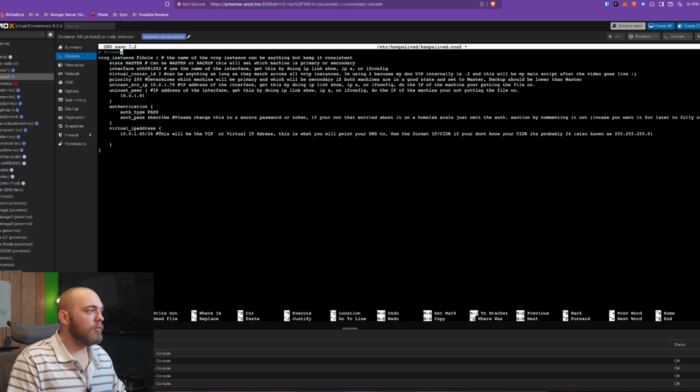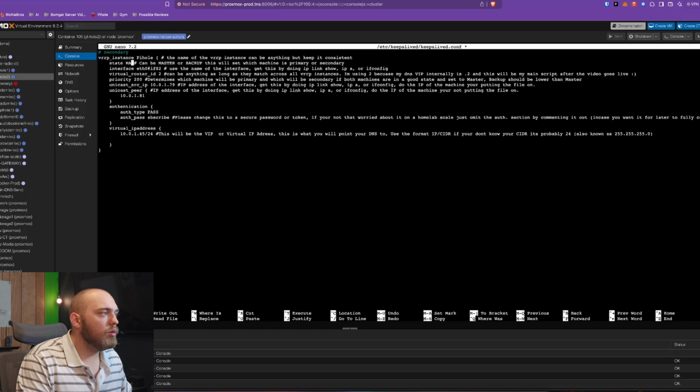So the first thing is, since I'm naming these, we're going to put secondary. We also need to put backup. I'll have to check to make sure this interface is right, but we'll check on that later. Set the priority down to 100. The source, we're going to set this to 81. And the peer, we're going to set to 79.